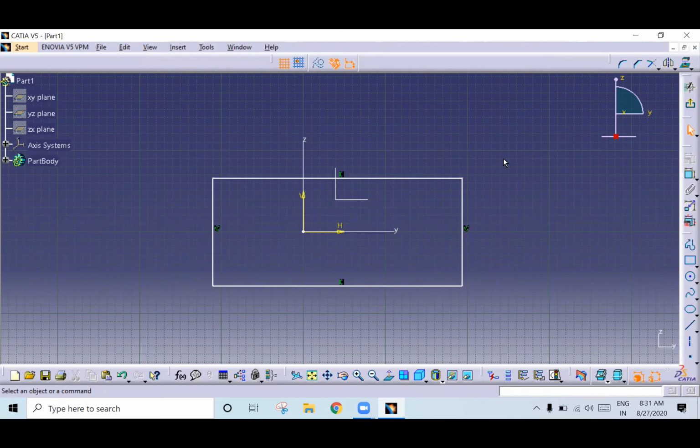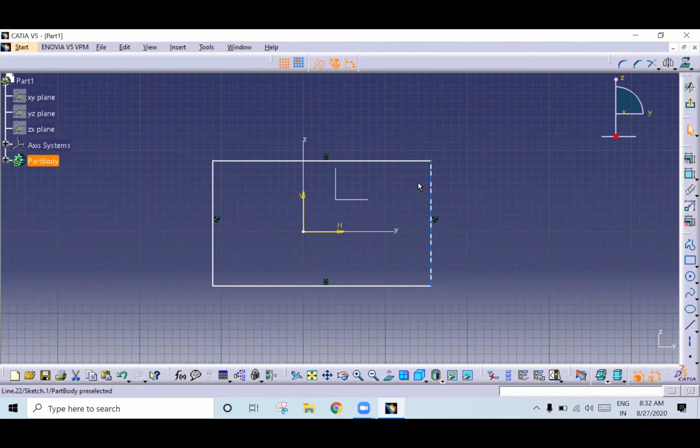And one thing you remember always, whenever you are constraining, the geometry should be constrained with respect to the drawing. Don't give blind dimensions. Don't give unnecessary dimensions. All of you are getting? Okay. See here, I will constrain this.